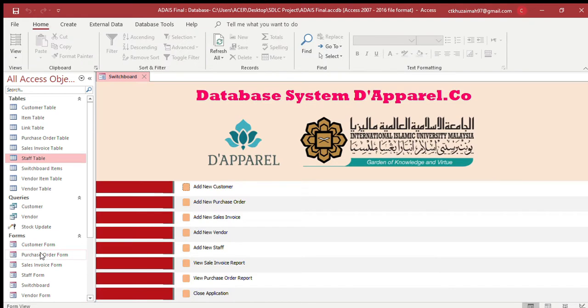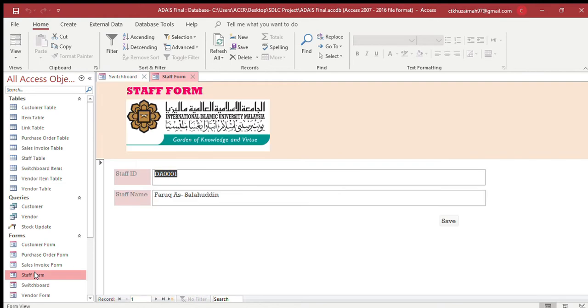Next, we create the forms which the users can use to update the data. Firstly, for the staff table, users can use the staff form to update the details of newly recruited staff by filling in the staff ID and staff name. For example, here is the staff form. We enter the newly recruited staff ID, for example, here